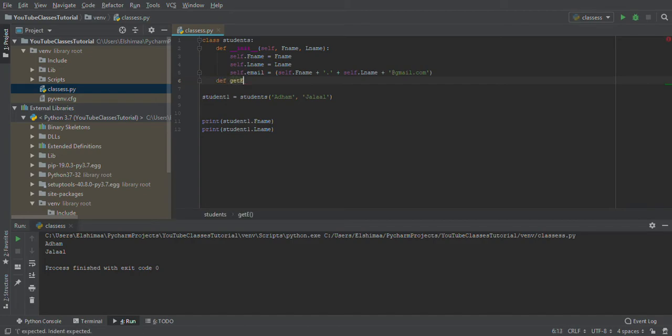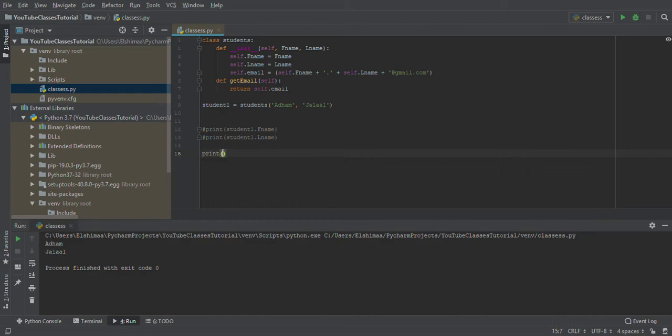Okay, and now we will define a method in this class, which is def get_email and self. Okay, so we will say here return self.email, and we want to check that it's working, so we'll come here and print student1.get_email. So if you run this,